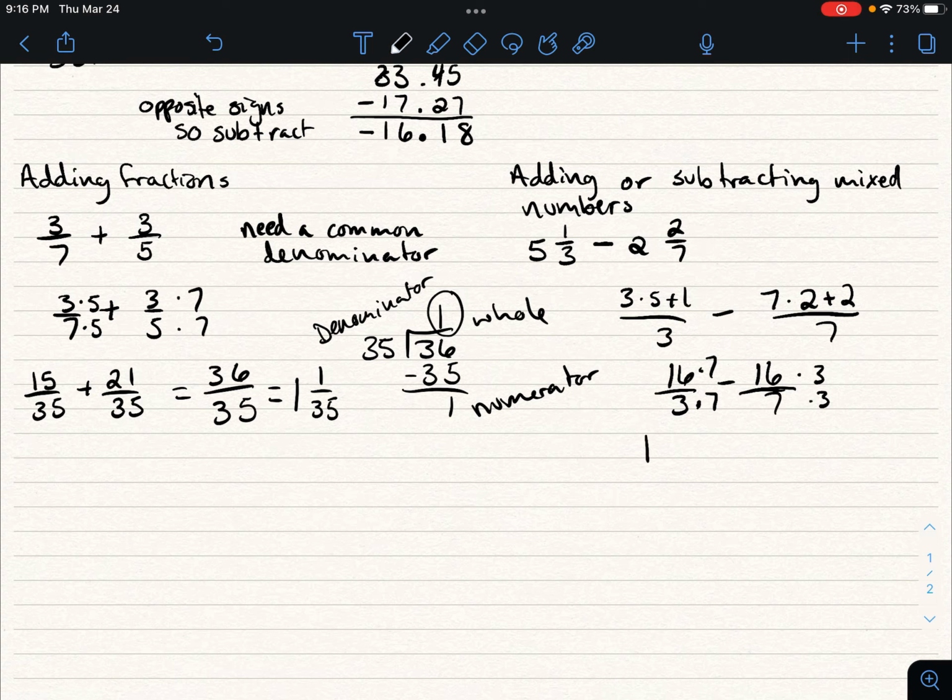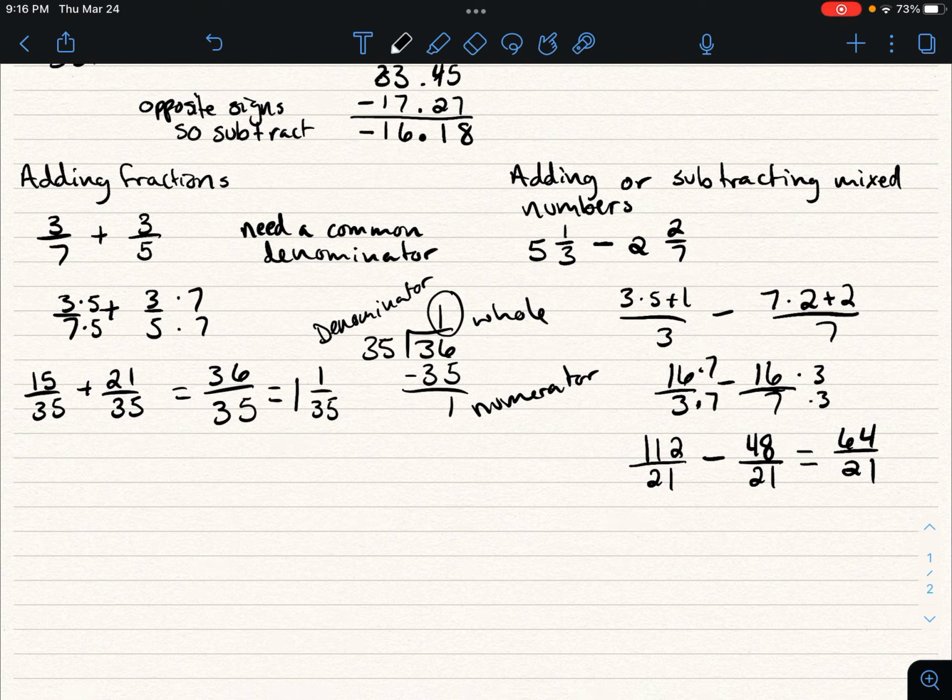That's going to give us 112 over 21, minus 3 times 16, that's 30, plus 3 times 6, which is 18, 48. So 48/21, 112 minus 48, that's going to give us 64